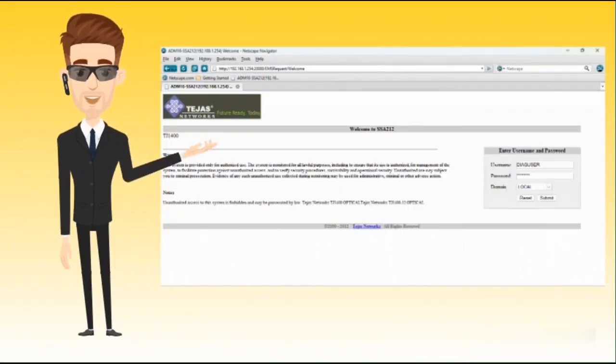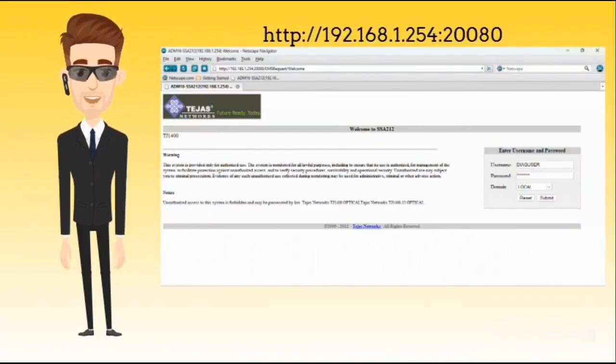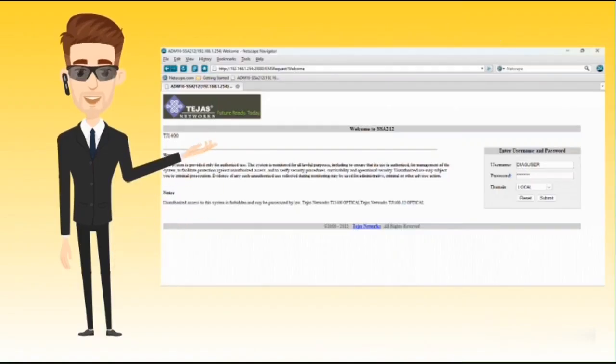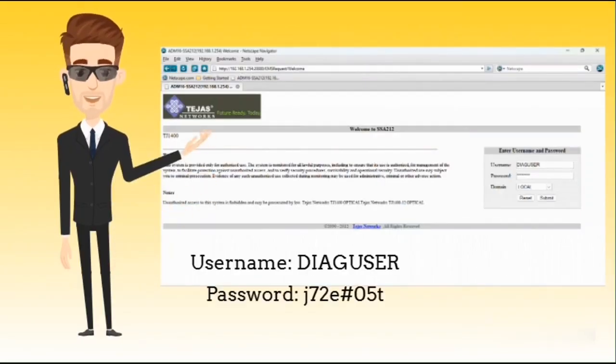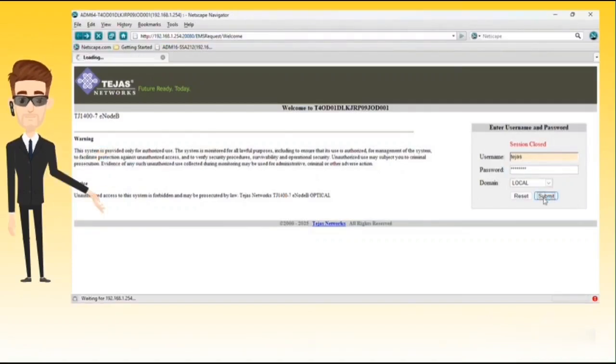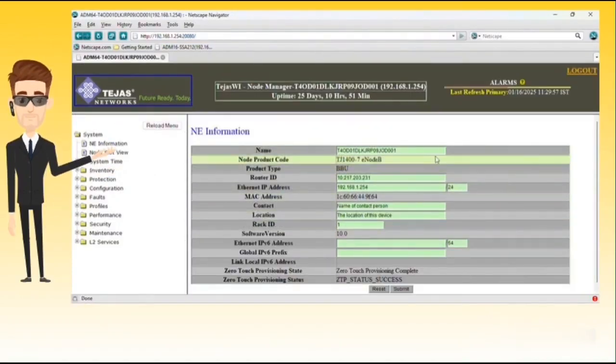After this, the user has to open any web browser and open the page with the address http://192.168.1.254:20080. After this, the following screen will appear where the user has to input the username as Tejas and the password J72A number 05T and press submit. After successful login, the following page will open where the user has to go to Inventory and click on